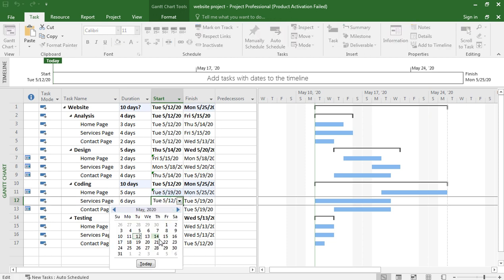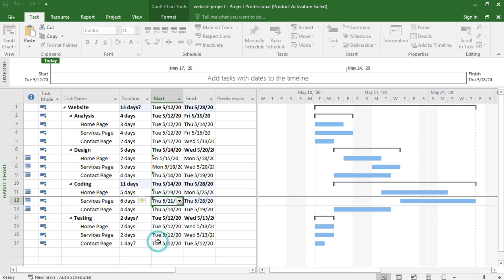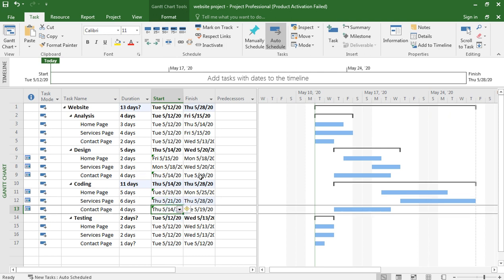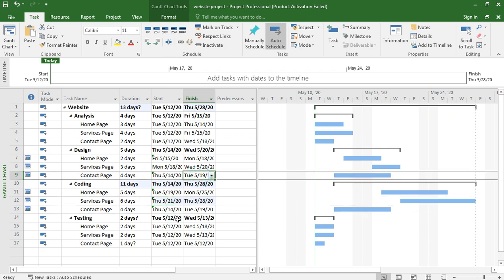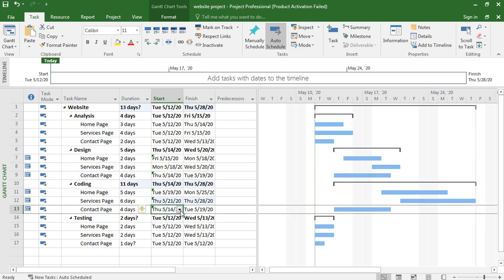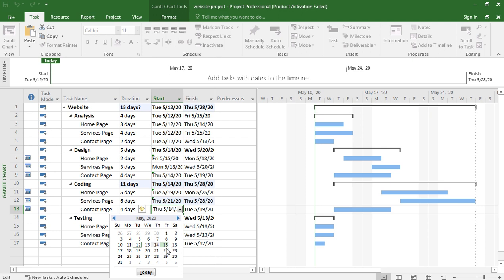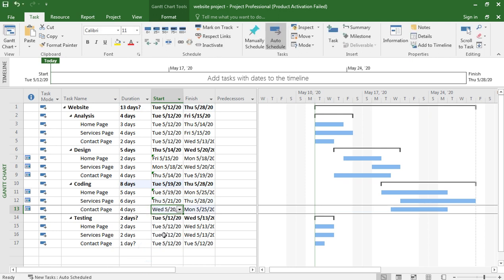So services page 5/21. Then we have contact page, it ends on 5/19. So contact page is 5/20.